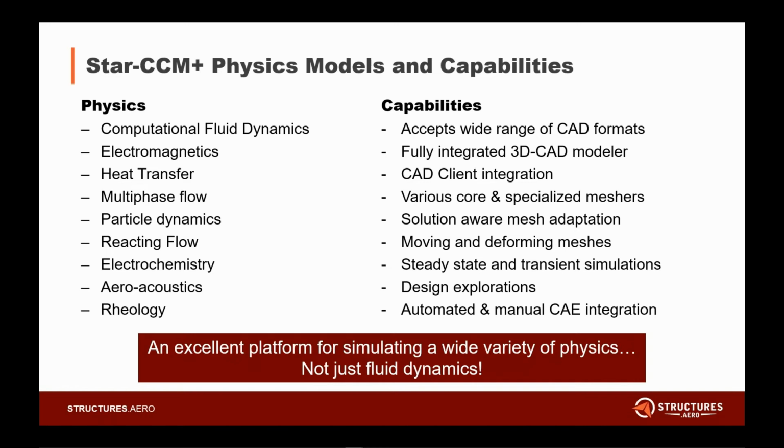And then there's also automated and manual CAE integration, which means you can tie together, say, Femap and STAR, or Simcenter and STAR, and have them run in a loop. So you can have two-way fluid structure interaction. And then also, of course, you can have manual where you can export a pressure field from STAR and map that onto a Simcenter model. So, tons of capability with this software. Digging into this software, I've really realized how many things you can simulate, and you can really get into the details. So moving along,